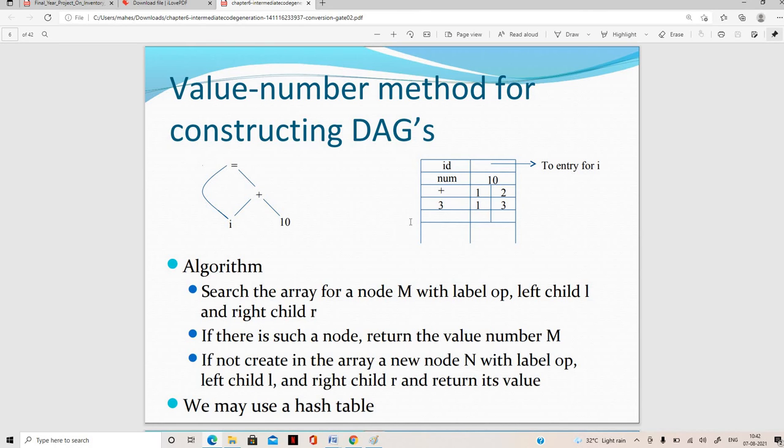So here the nodes of the syntax tree or DAG are stored in an array of records. So whatever the nodes we are having, they will be stored in an array of records. And each row of the array is going to represent one record.